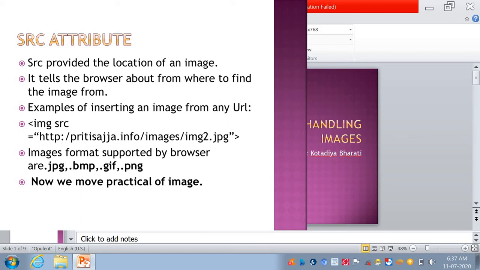When tags like p or h1 are used with content, the tag just has to display the content in a particular style. While using the image tag, we do not have to provide any content, but the source of the image with some attribute. If we insert any image, first of all we need a source attribute.